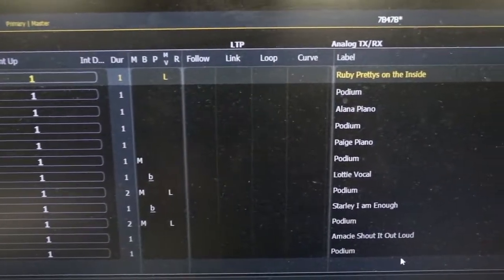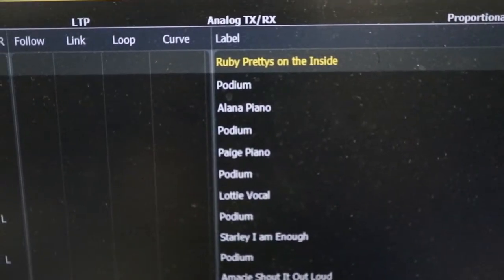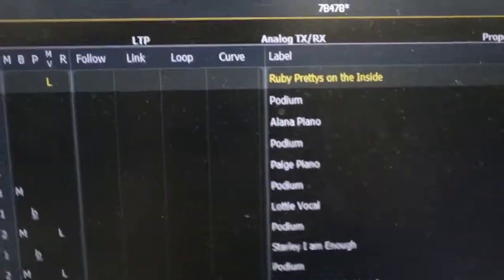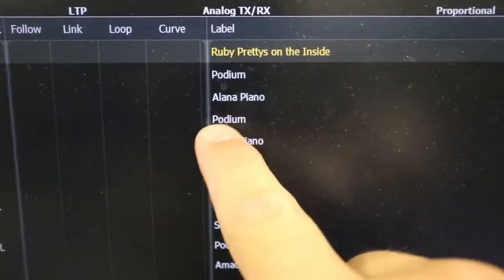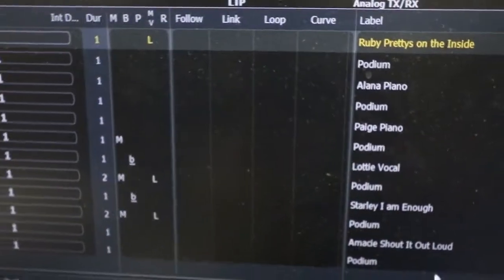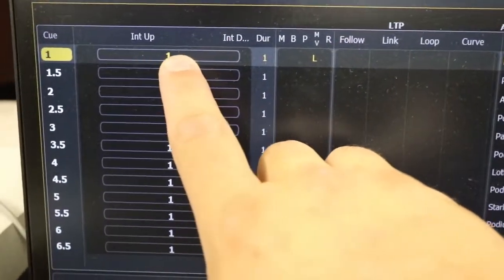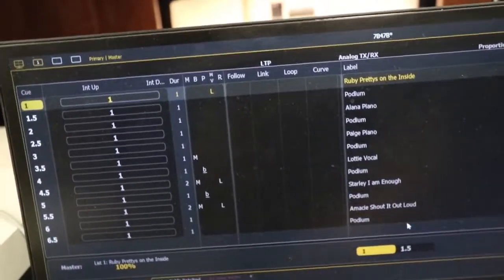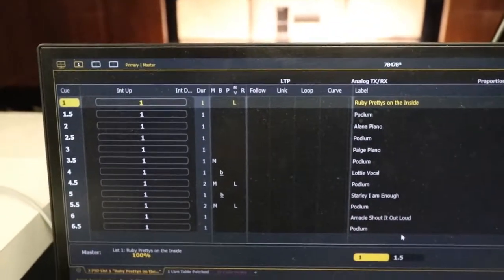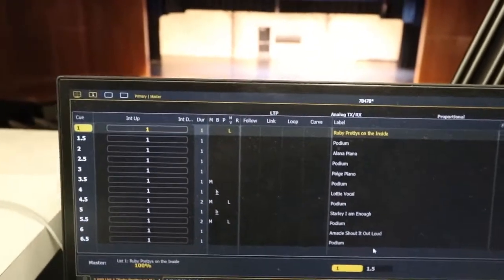Okay, you can see that we have the different cues written up. The last one we had was for a pageant. So you see that we've got specific titles on here and podium and everything like that. It alternated. And we have different transition times. That's 1 second for every one. That's kind of what I like to do. Sometimes you want it to be a little slower, but if you're just doing a regular program, 1 second is